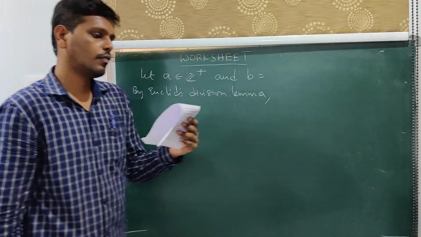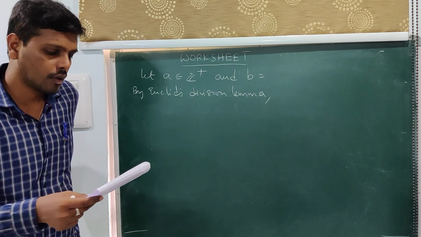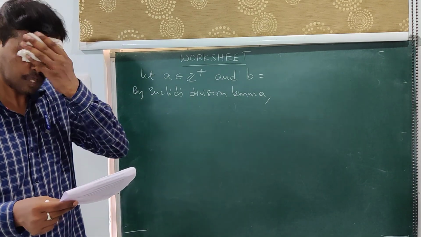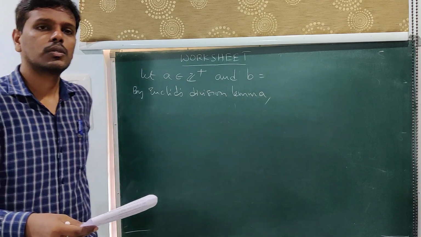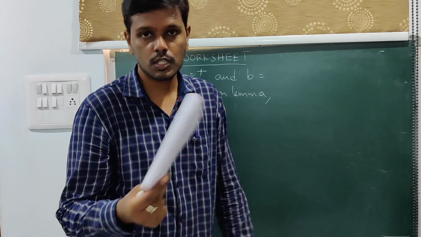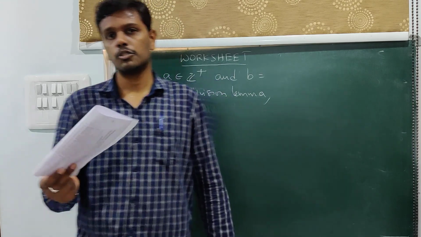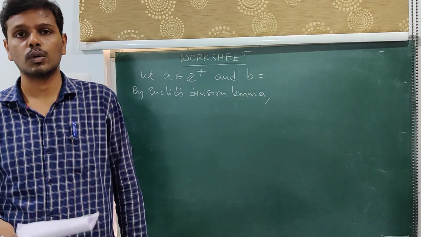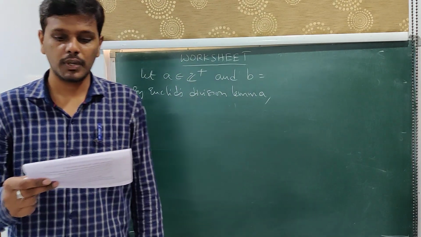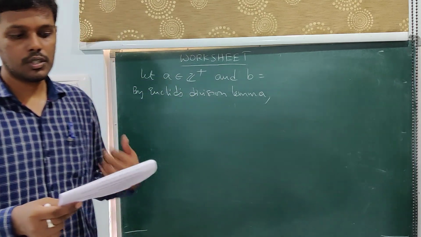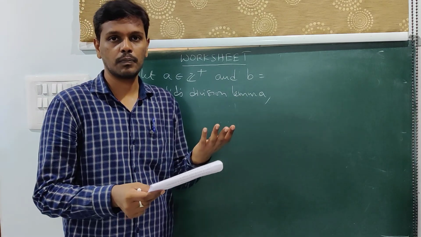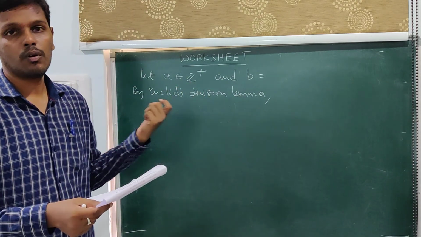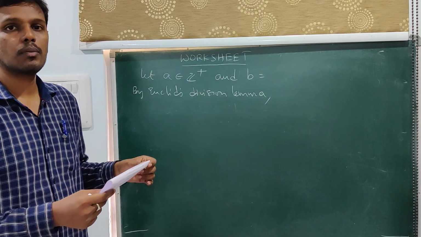So show that the square of any positive integer is of the form 5m or 5m plus 1 or 5m plus 4. So this is what you are supposed to prove. First you need to take a positive integer, square it, and try to show that the form of that square is either 5m or 5m plus 1 or 5m plus 4. So initially, to square a positive integer, we need to take the form of that positive integer. So let us look into the form of that positive integer, then we can square it.